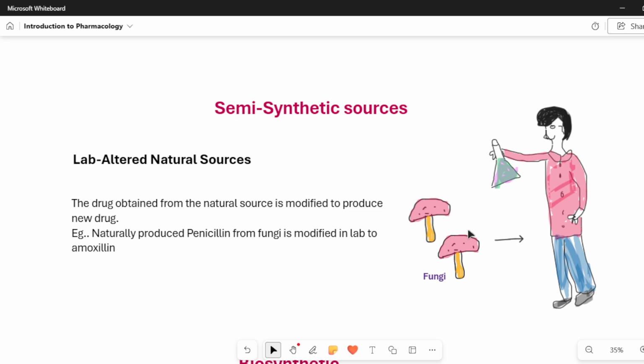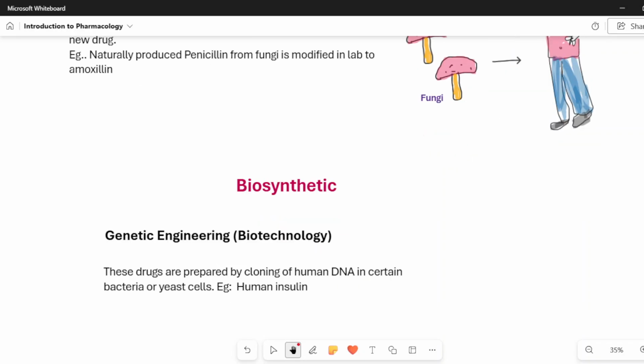So the penicillin, which is derived from fungi, which we saw, is modified in the lab to produce amoxicillin. So amoxicillin is produced from penicillin. We get that penicillin, go to the lab, modify it, and we get amoxicillin. That's why it is semi-synthetic sources, lab-altered natural sources.